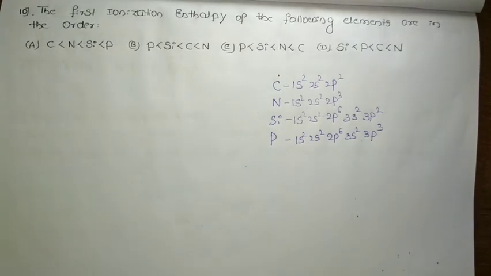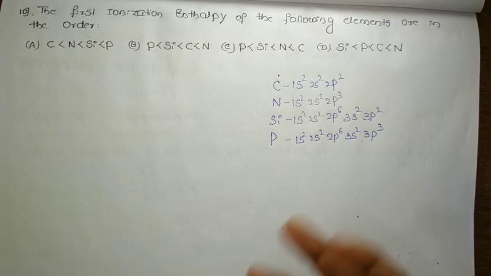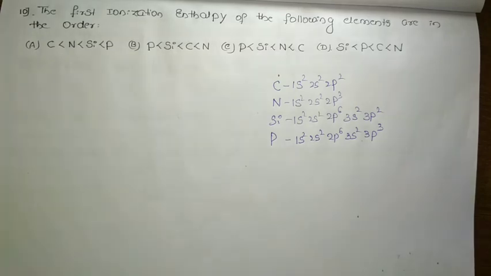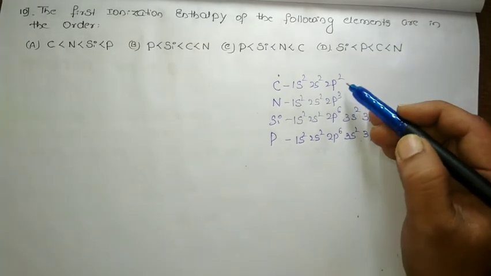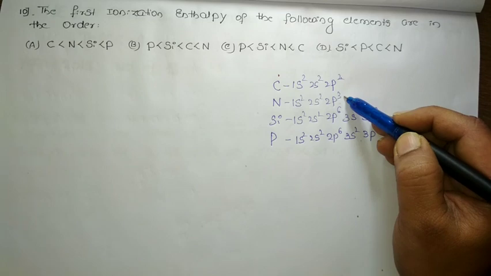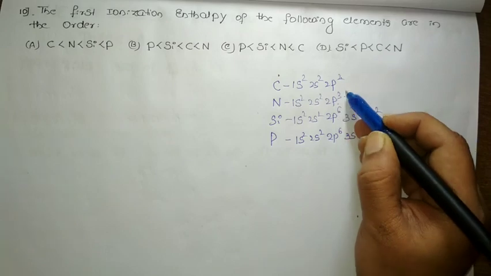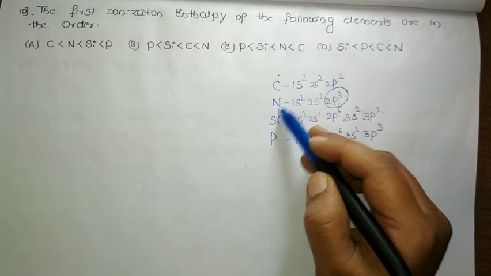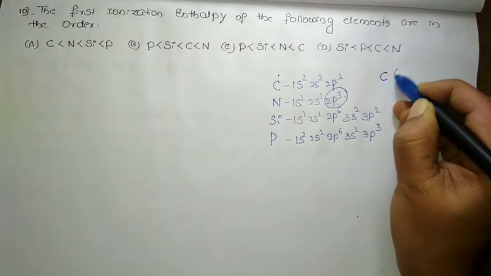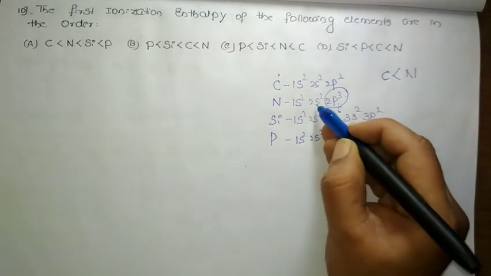Now, what is ionization energy? As I told, ionization energy or enthalpy, one and the same here. It is the amount of energy required to remove the outermost electron. So if it is a stable configuration, we need to spend more energy. Between carbon and nitrogen, which needs more energy to remove? The nitrogen. Why? Since it is a stable configuration. Carbon needs less ionization energy than the nitrogen. It has been solved here.